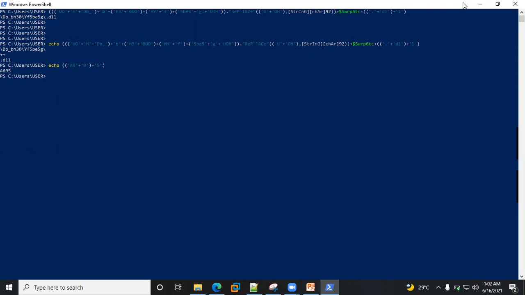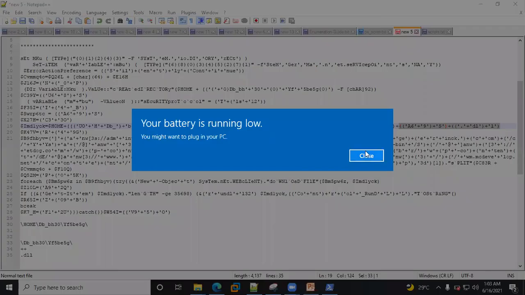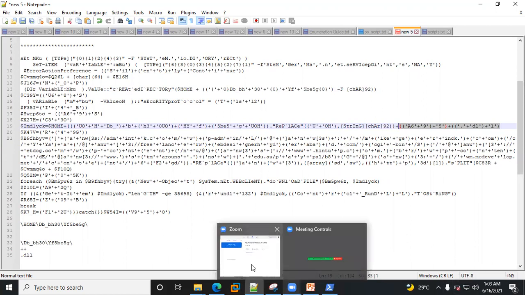So let's do this, right? We can replace this value wherever we have the variable name. So this is what we have. If we go back to try and decode these, we can have